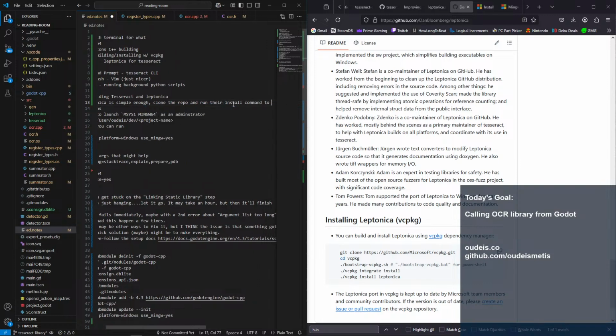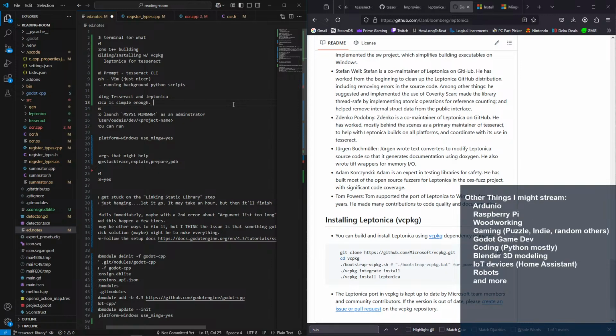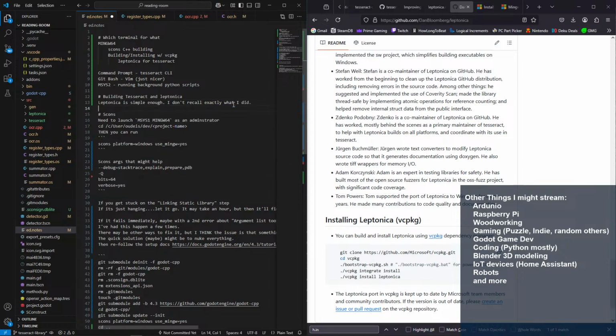It actually was simple enough. I don't remember exactly what I did, but I did generate .h files from .h.in